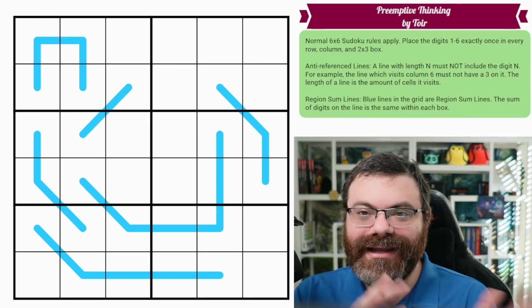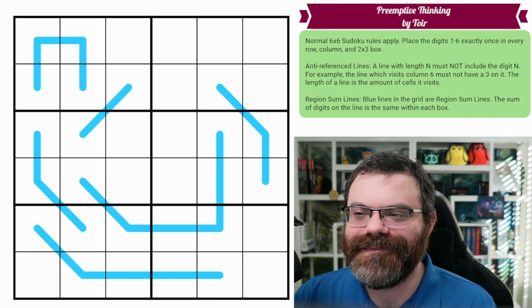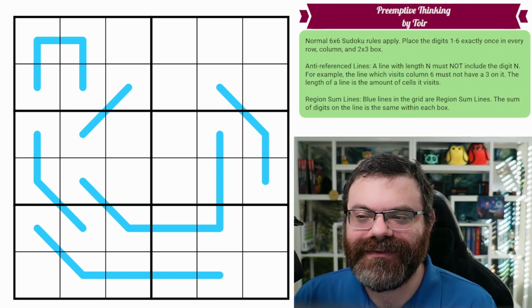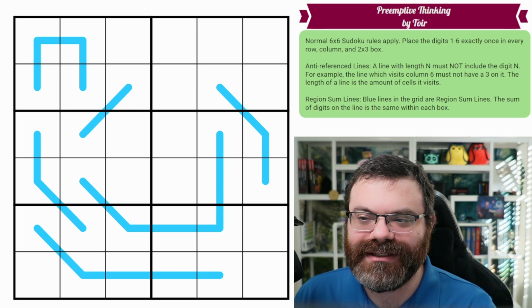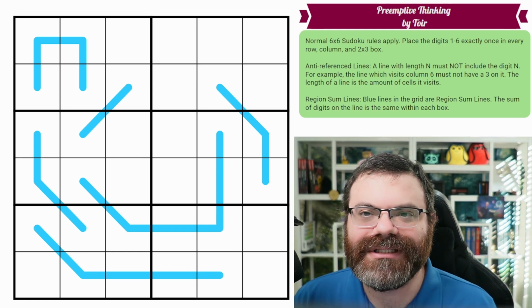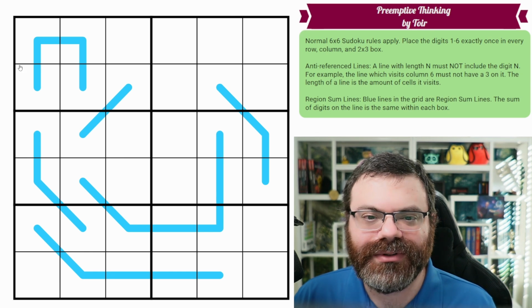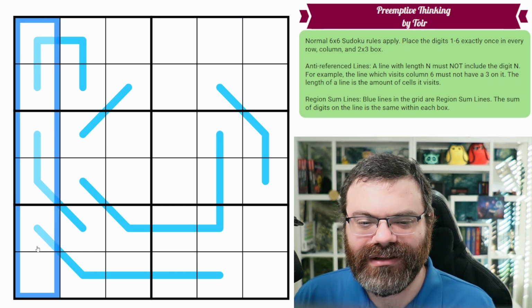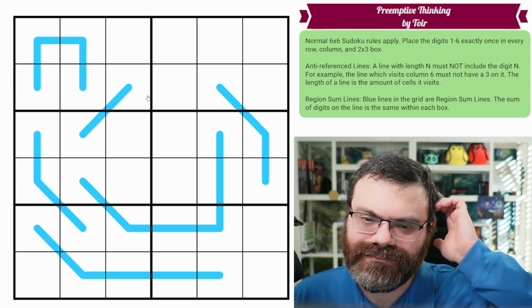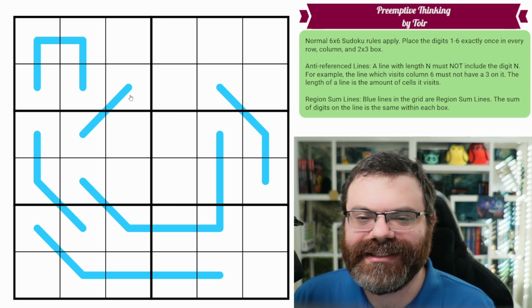So this is the companion to yesterday's puzzle, where we have anti-reference lines instead of reference lines. And just to be clear, every line is both an anti-reference line and a region sum line. So let's go over the rules. We have normal 6x6 Sudoku rules. So in every row, every column, and every 2x3 box, we are placing the digits 1 to 6 exactly once